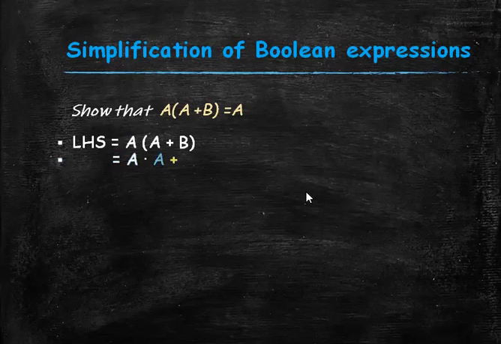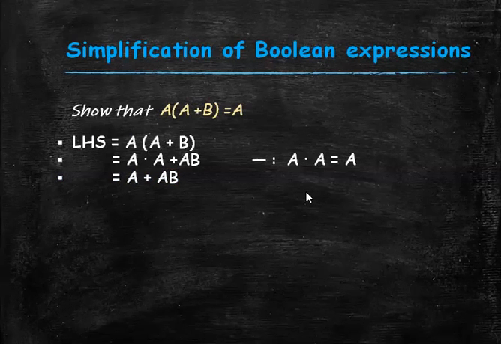That is A and A or AB, and we know that A and A is equal to A, then we get A or AB. We know that it is the previous one. From here we can write it is equal to A using the previous theorem,